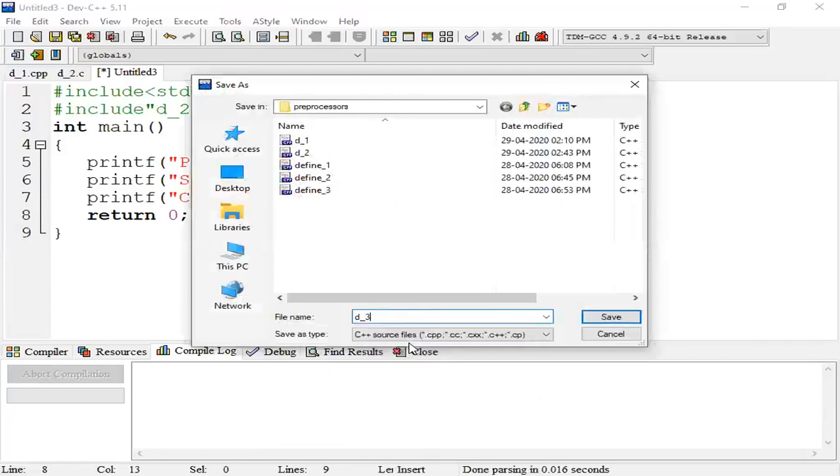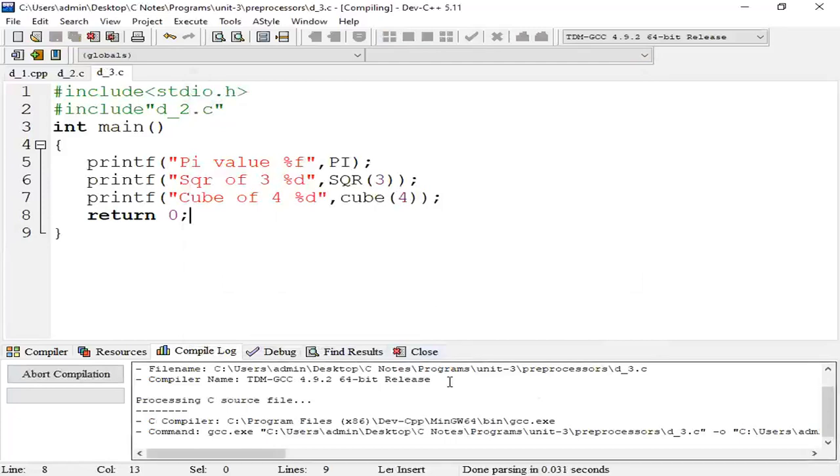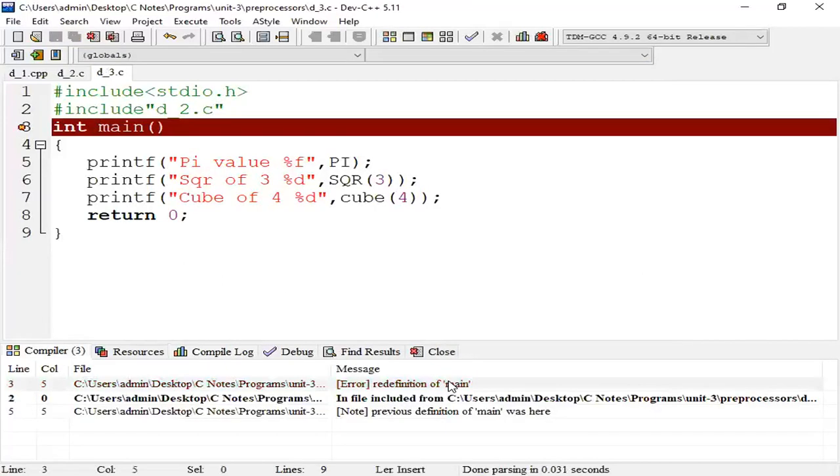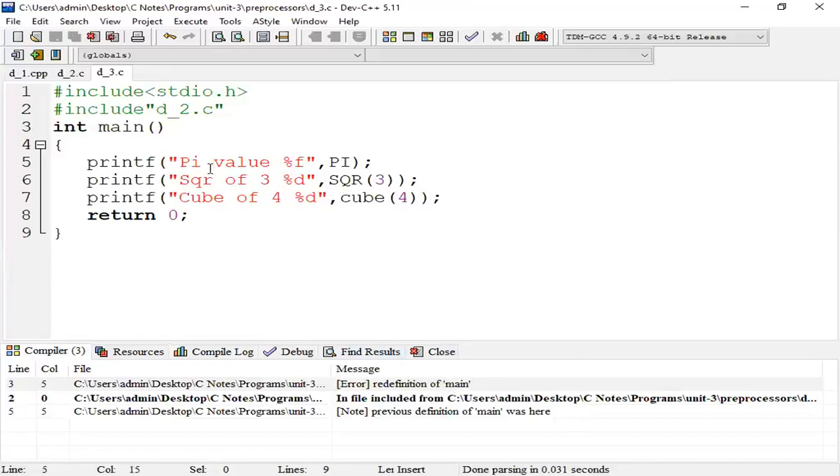It is a new program, .c. Right, here in this compilation, just a minute, previous definition.